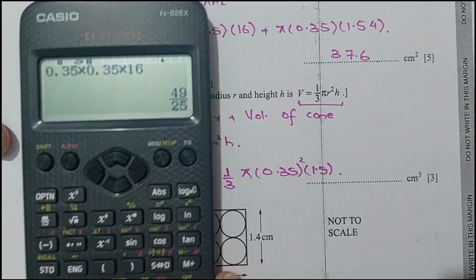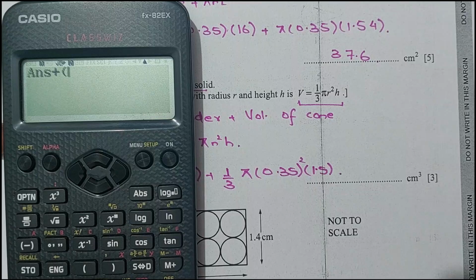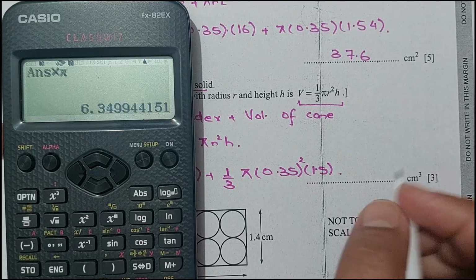I would write plus in the bracket 0.35 times 0.35 times 1.5 and divided by 3, times it by pi, 6.35